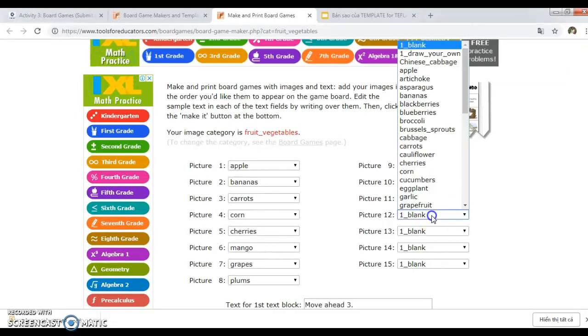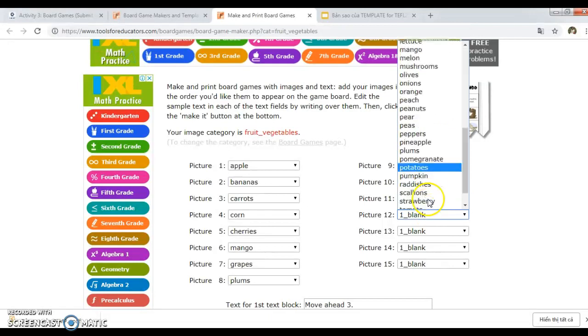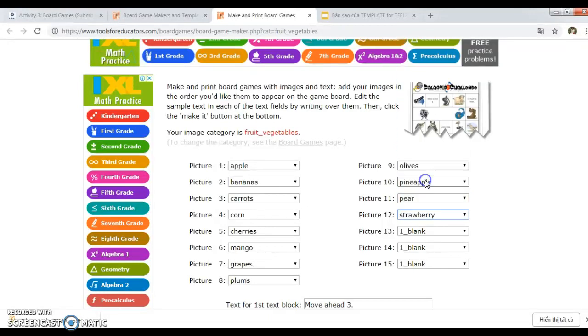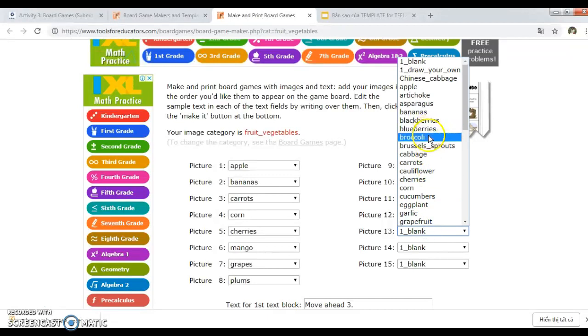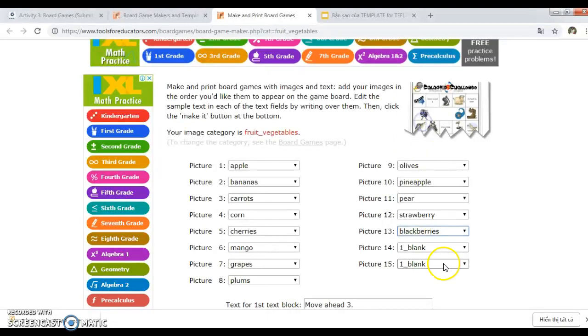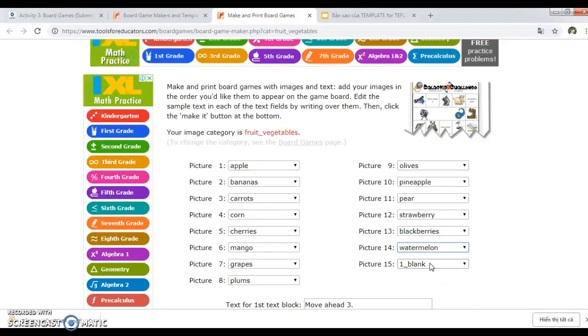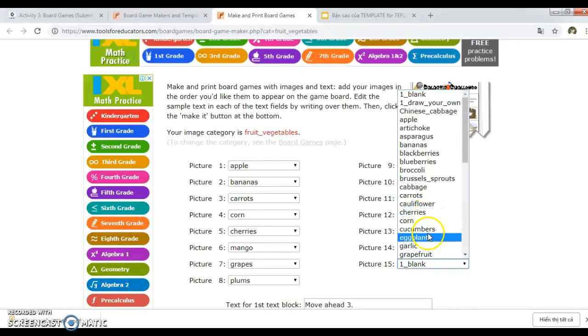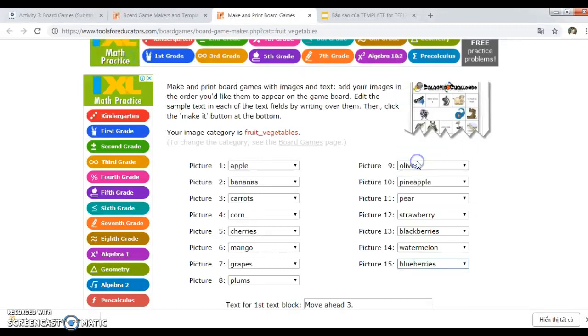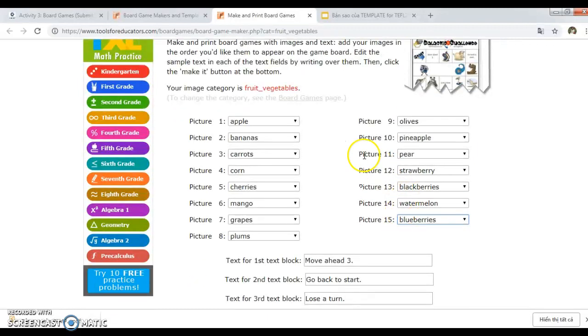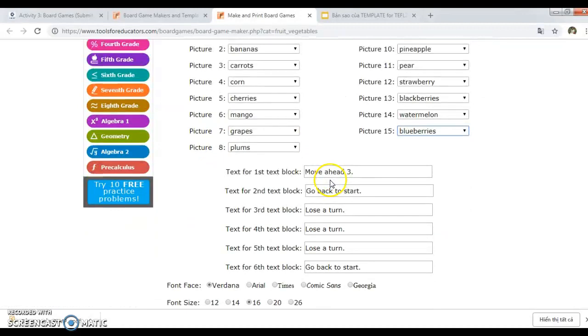pear, strawberry, blackberries, watermelon, and here is maybe blueberries. So I have chosen pictures of fruits and vegetables, and next to the text, for the first block it